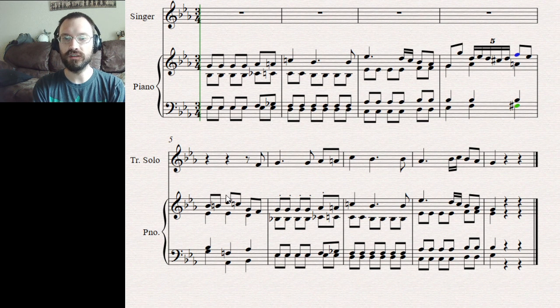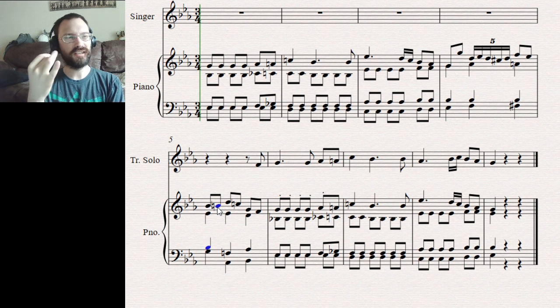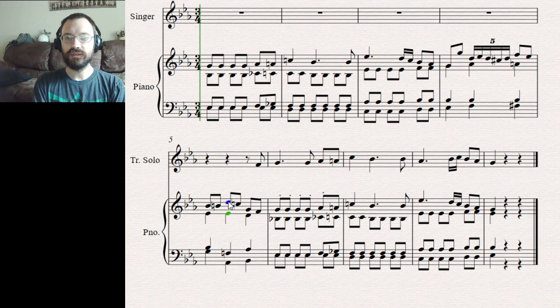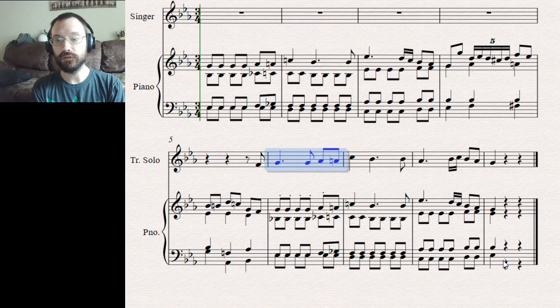We heard that earlier. As we move over, we hear another, these are called cross relations, by the way. We hear another cross relation. We have a B flat against a B natural. Same letter, different accidental. They're pretty spicy. After this, we hear another pretty spicy dissonance with the major seventh, E flat and D. Another dissonance here, G against A flat. Moving on, it's basically a repetition of the first 4 bars.